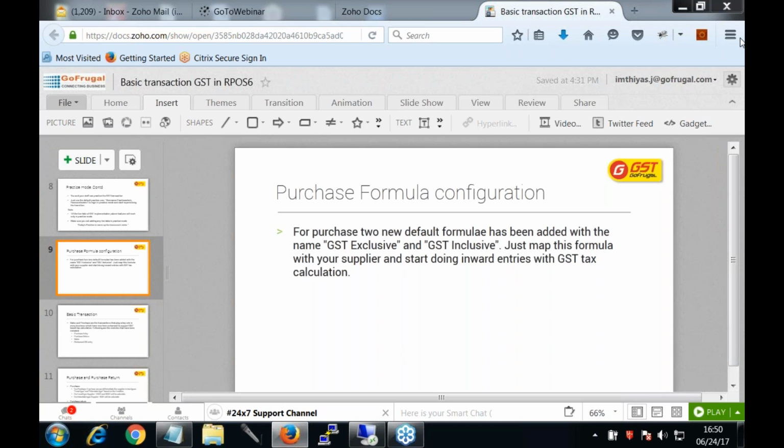While doing the GST inclusive invoice, just click the tax config button during the purchase entry, load the formula, then save. And if you have another invoice with GST exclusive, again while doing the purchase entry, you can change the purchase formula by using the tax config.